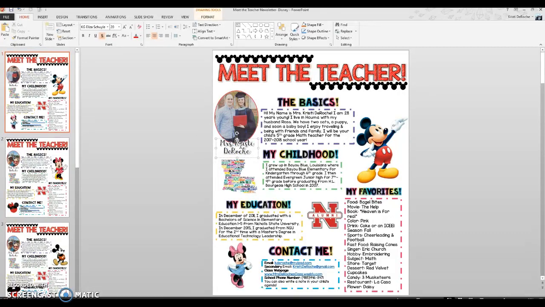Another question I get is, how do I edit these headers but leave it to where the glow behind it stays the same? Because if you select this whole thing and you wanted to change the title of the basics to Facts About Miss Darosh, notice it all changes to one color. So what you have to do is change one letter at a time because they're each formatted different. So like I said, if you want to change the basics to Facts About Miss Darosh, I would replace this with an F, this with an A, this with a C, delete my space, this with a T,